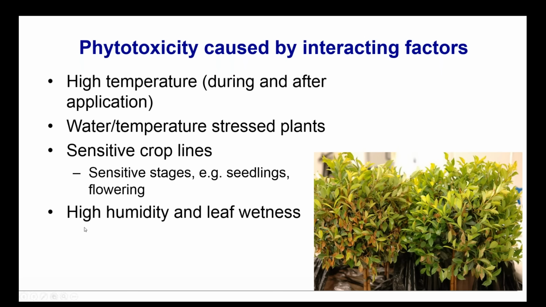Now, as I was doing research for this webinar, I came across leaf wetness as an interacting factor, where if you have wet leaves with the product, so if you applied your product and they stay wet with your product for a relatively long period of time, you can increase the risk of causing a phytotoxic reaction. And the reason behind that is the different ingredients in the product have a longer period of time to react